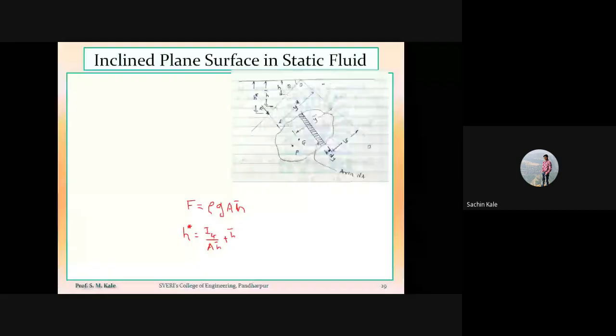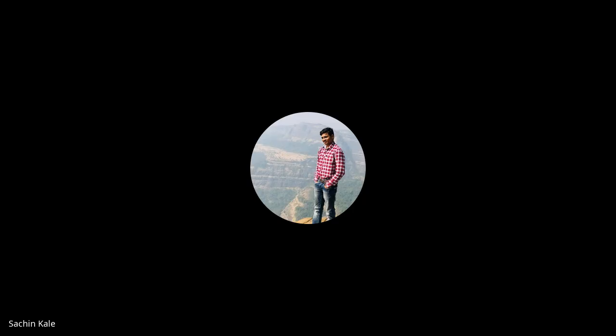Today we are having two lectures continuously. In those lectures, we are going to solve the problem. While solving the problem, you should have your notebook, pen, as well as calci, which is also required. Yesterday only I told you that in today's lecture we are going to solve the problem, so be along with calci, pen and notebook. So the formula of h star is nothing but Ig upon A h bar plus h bar. This is the formula of h star in case of vertical plane surface.